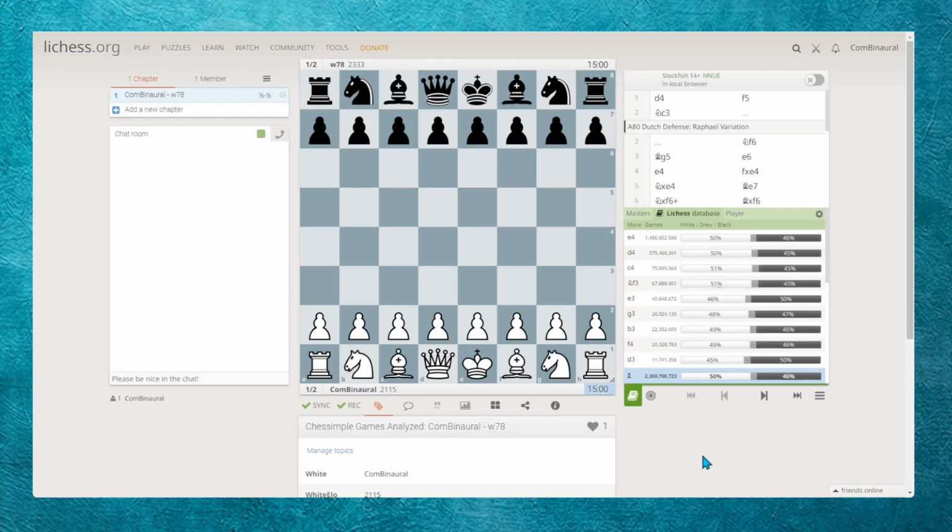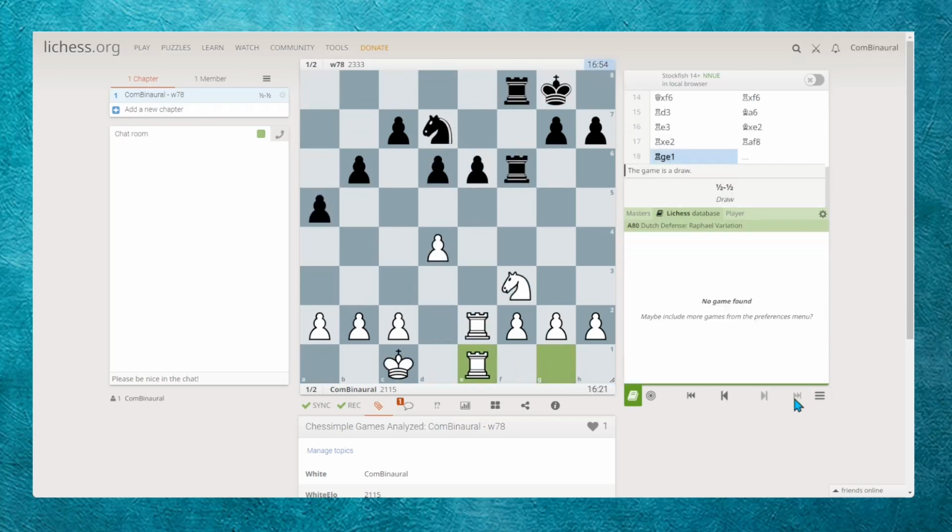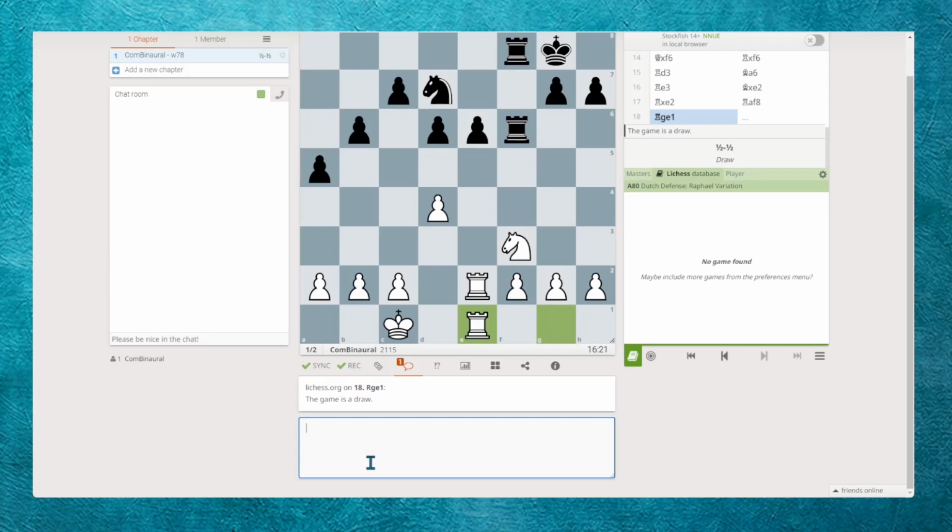So now that I've got the game loaded into a study and the game pulled up, what I like to do is go to the end of the game. So I use this right arrow over here to go to the very end of the game. I like to right click on it and hit comment on this move. Then this box comes in at the bottom, and I just type game thoughts. Then I give my general impressions of the game, any psychological things, any general thoughts on how it went. So, for instance, in this game, I would say